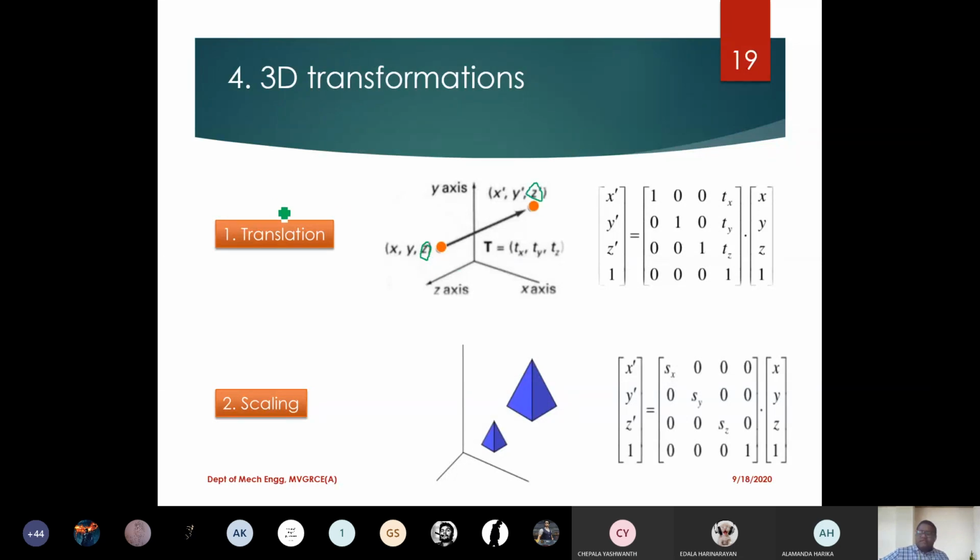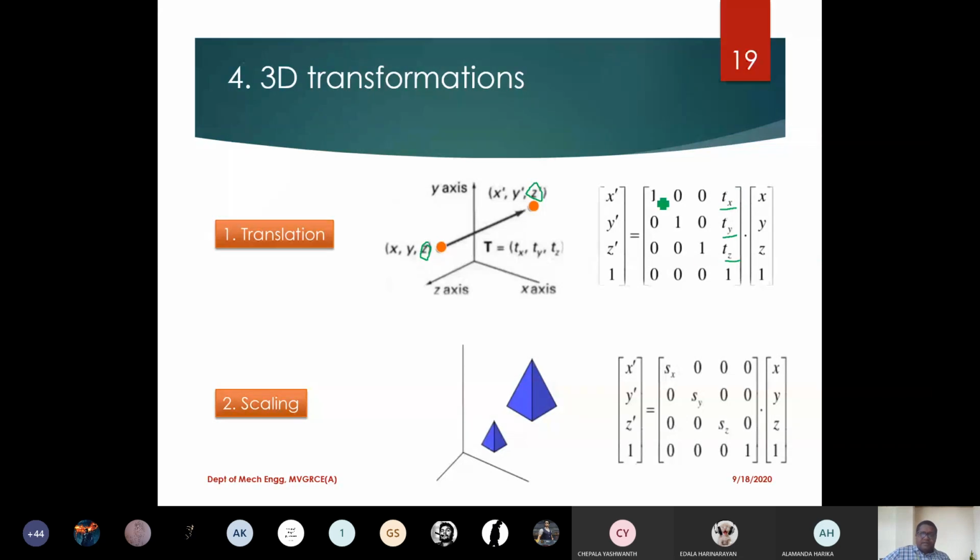The first transformation is translation. Here also you are trying to move an object from one location to another location. The only difference is that in three-dimensional space, I can move it by providing not only the x directional distance, but also the y directional distance, and also the z direction. Earlier in two-dimensional transformations, we were giving only dx, dy, which were the x directional displacement and y directional displacement, but here you can move even in the z direction as well, which is the z directional displacement. The same letters you can also rewrite like dx, dy, dz, no problem.